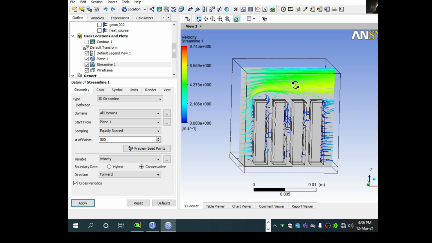So that's all from my side, that is how to do a thermal management case study starting from scratch. It means from drawing. We have used ICEM CFD for drawing purpose and meshing. We have used a second software, that is Fluent.